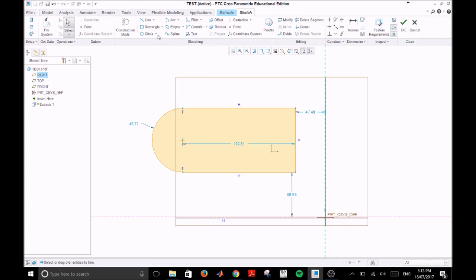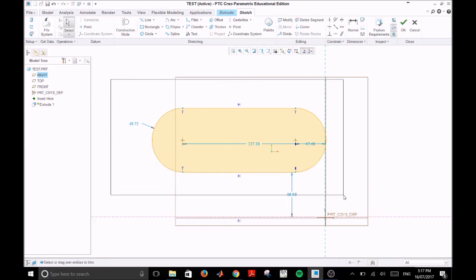We could do the same thing with the circle tool, center and point, find the midpoint, drag to the extremity, mouse click, and middle click. And then we can tidy that up. So we have the same result as a rounded edge, but it's been demonstrated by 2 different methods. Moving on, we can delete this object